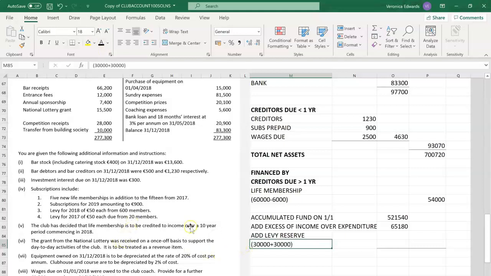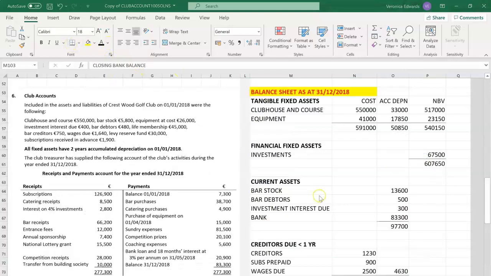So if you take your 30,000 at the beginning of the year and you add on 50 by 600, which is an additional 30,000, your levy is sitting at 60,000 at the end of 2018. So your reserves there amount to 646,720. So the total of the bottom part of the balance sheet amounts to